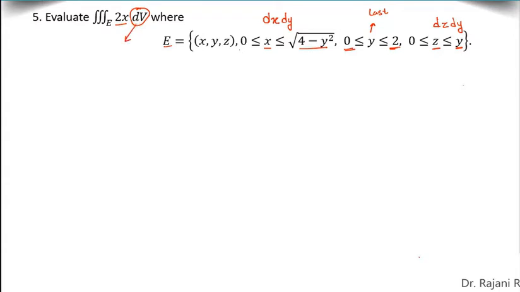So what are the possibilities? It can be dx dz dy. Okay, let's take it in another way. We have to select three positions for integration. We know that dy should be at the end because of this restriction. Now here we have two options, either dx dz or dz dx, and then dy. Now out of these two, which one should we select?